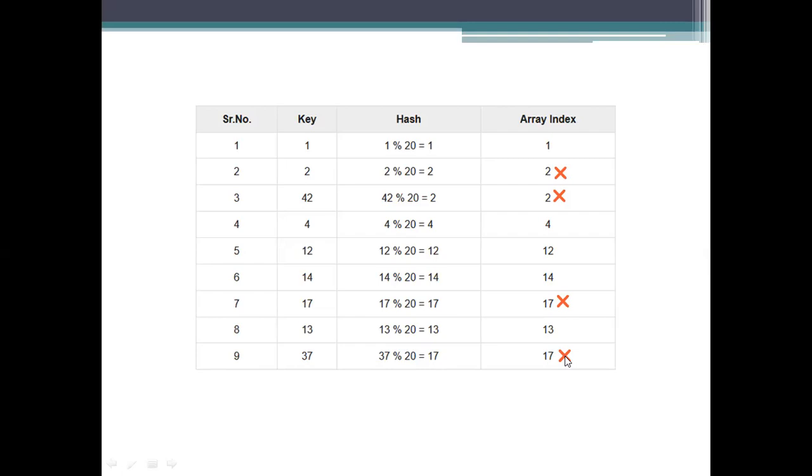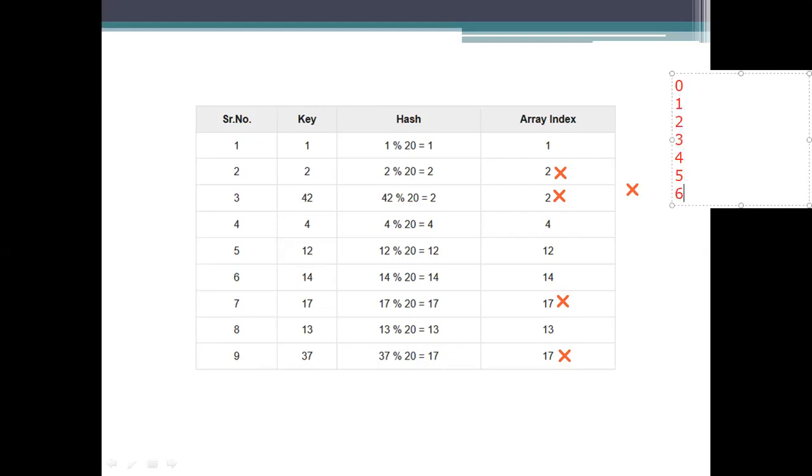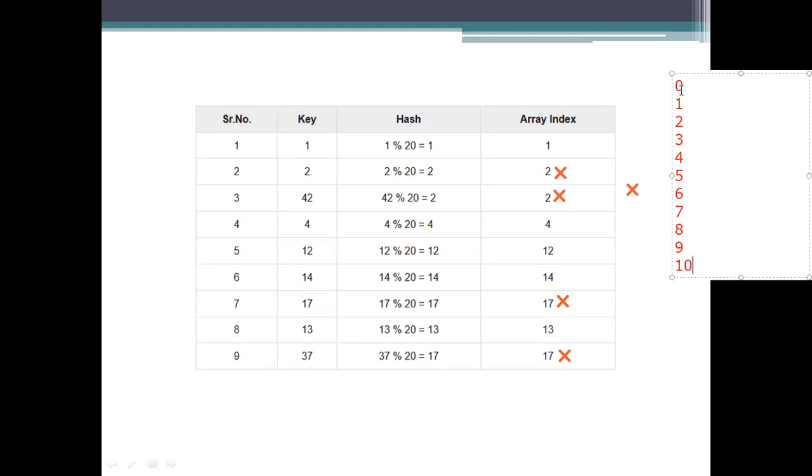So we need to store the value at the array index it is having only. What happens here if you try to store this value in the array? See the array elements like this. We will start with 0, 1, 2, 3, 4, 5, 6, 7, 8, 9, up to 13, sorry, 17.